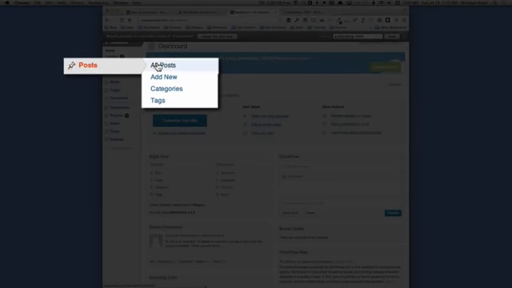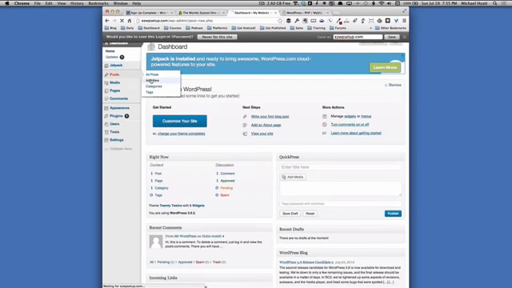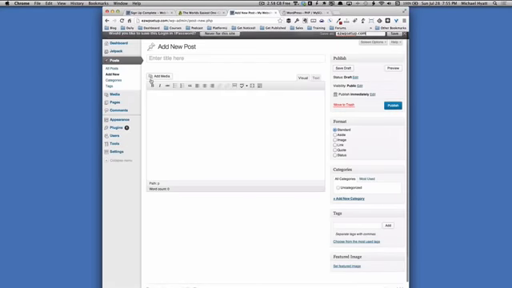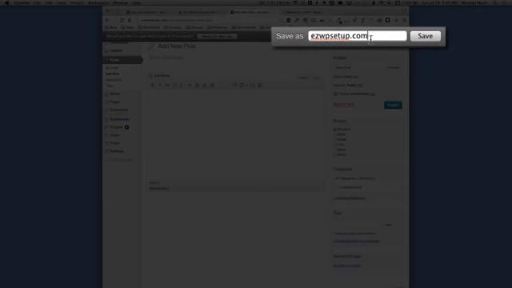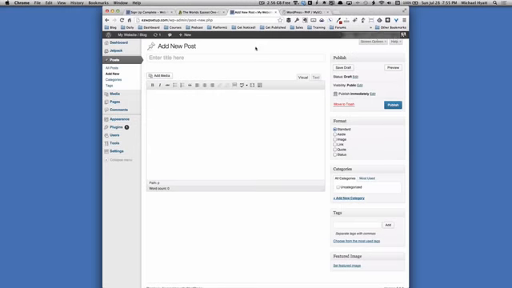We're going to add a new post. And get used to this screen, because this is where you're going to be writing your blog posts in the future. And again, 1Password is asking me if I want to remember this password, and I'm just going to click on Save so that it saves the password. And I'm going to enter some clever title here for my first blog post, like Welcome to my WordPress